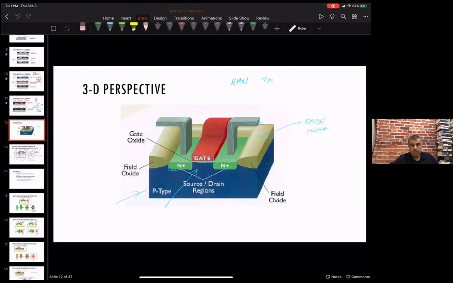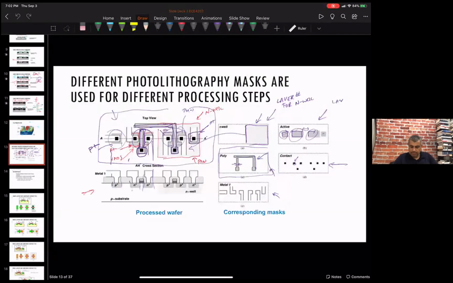So basically, you might go through 100, 150 different steps using 30 to 50 mask layers, or whatever the process has, and then you get this wafer. This is what the manufacturing plant is doing. So when you're designing a chip,